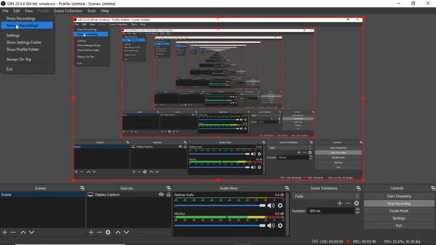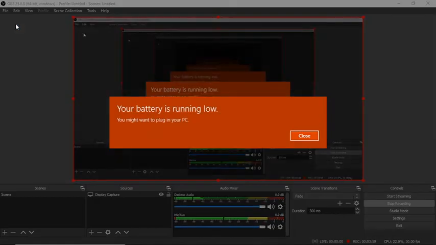Remix recording is very important, for the matter that whenever you make a recording, the default video format that the OBS software will render to you is an MKV. It's an MKV file.